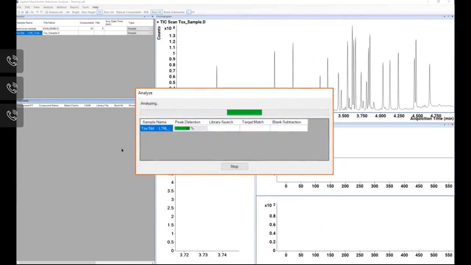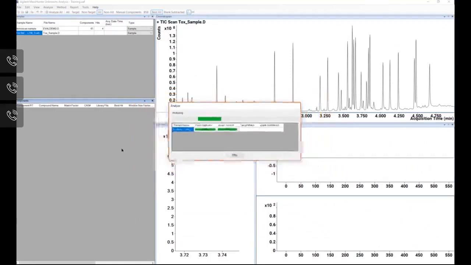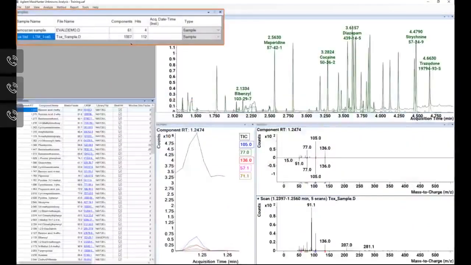So it's going to deconvolute it. It's going to do a library search and target match, which we're not doing any target matching, and blank subtracting, which we're not doing, which when it gets to those areas, it goes. I have 1,087 components. So deconvolution was digging in my baseline and seeing where I had some coelution coming out. And instead of, I think it was 49 hits, we now have 112 using deconvolution. Remember, we kept quality match of our library at 70. Just using deconvolution, it found a little bit more than twice, actually, than the 49 that we had before just